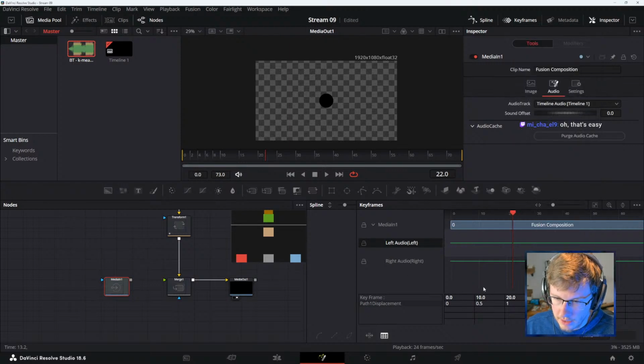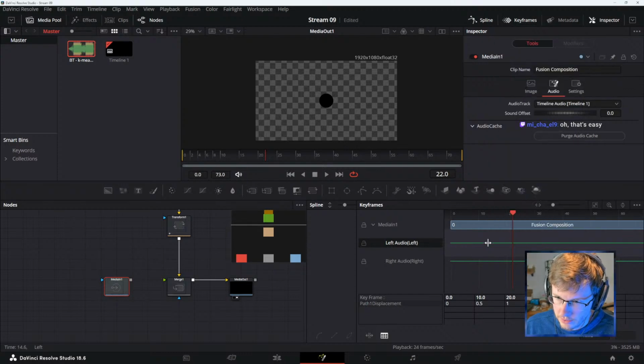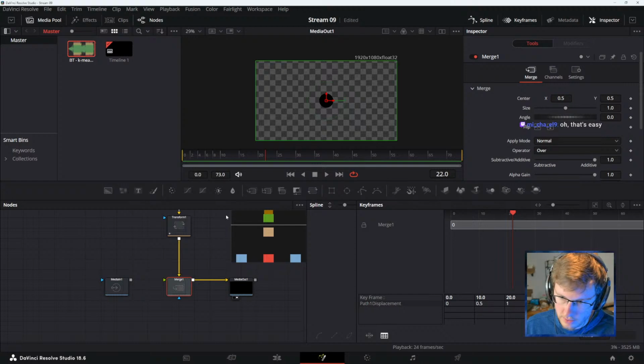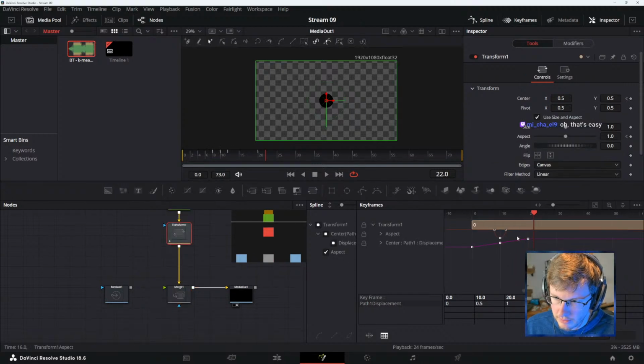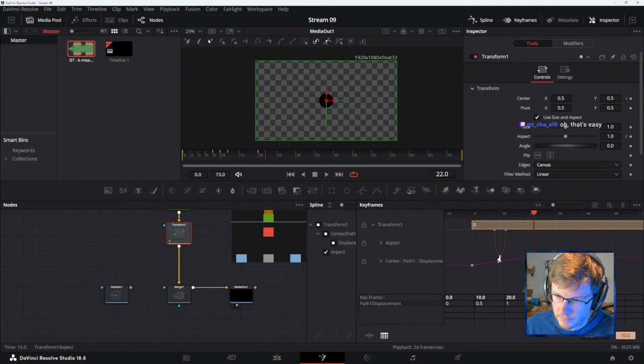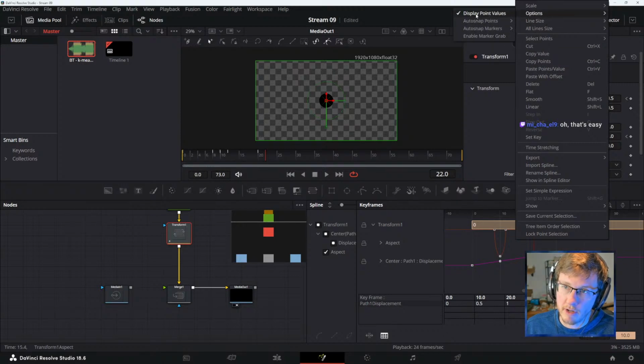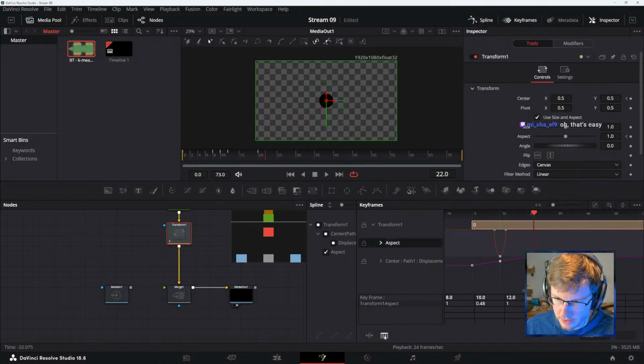And then the other thing is, like we said, you're going to be able to view your keyframes. Like we could make these a little larger. But you can select the keyframes in this mode. All I did was turn on display point values in options, and then check out this spreadsheet.